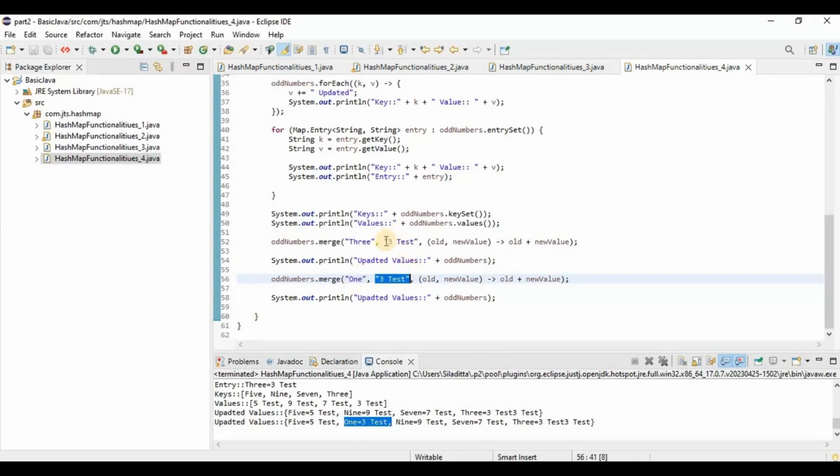If the value is over there, then it will append the value with this one. So this is basically the functionality of merge. Okay,